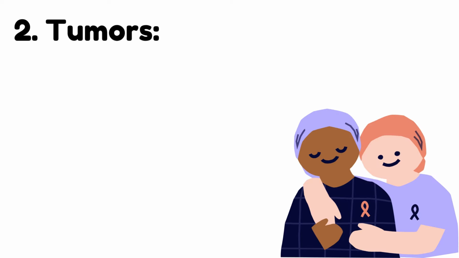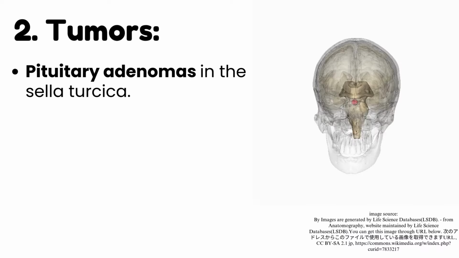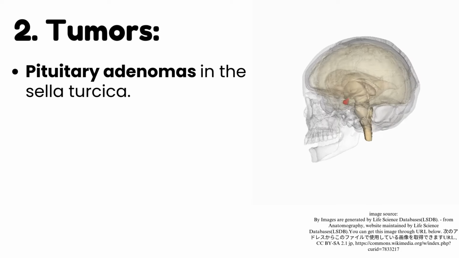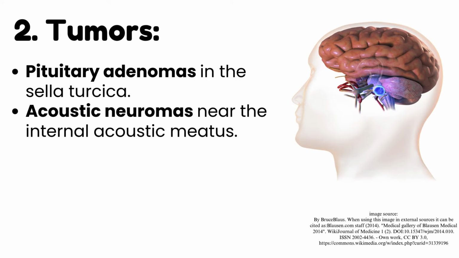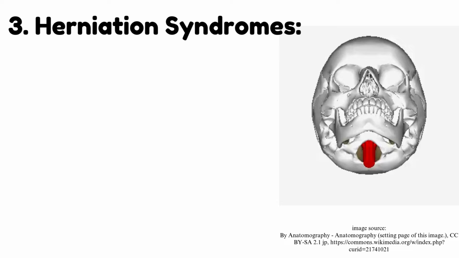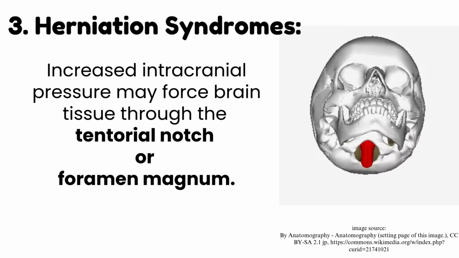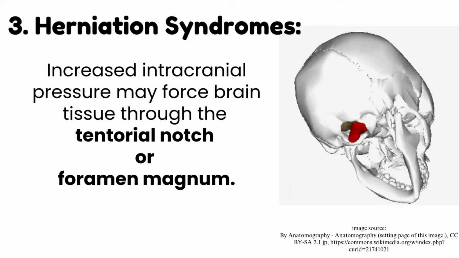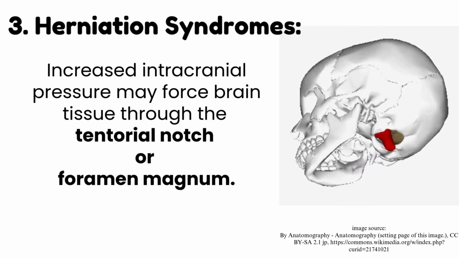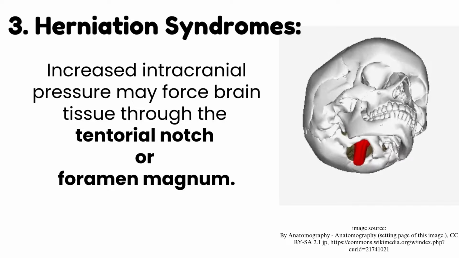Tumors in cranial fossa. This involves pituitary adenomas in the sella turcica, acoustic neuromas near the internal acoustic meatus. What are herniation syndromes? In this case, increased intracranial pressure may force brain tissue through the tentorial notch, or foramen magnum,